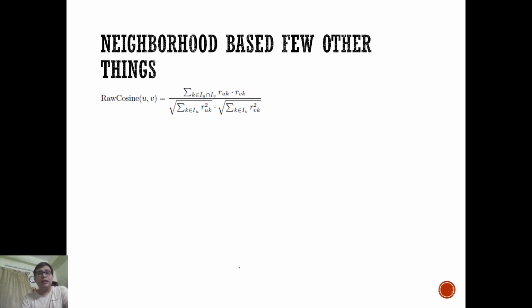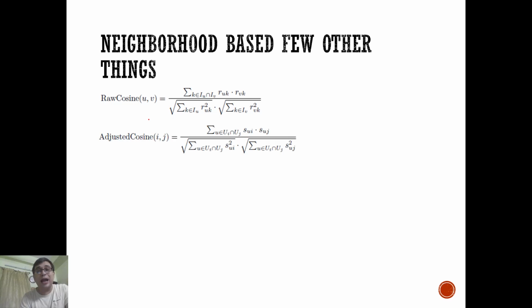So one of them is cosine based similarity, and you already know about cosine. The numerator is an inner product, and in the denominator you find the norm of each of these vectors. These can be considered as vectors, right? And divide by that, right? So this is raw cosine. You can also do an adjusted cosine. Adjusted cosine is when you have the mean subtracted from the rating,